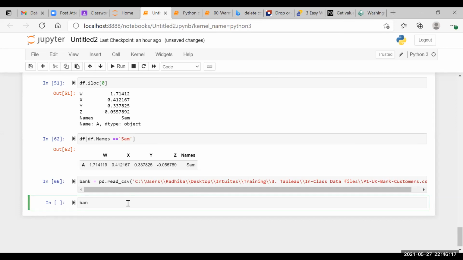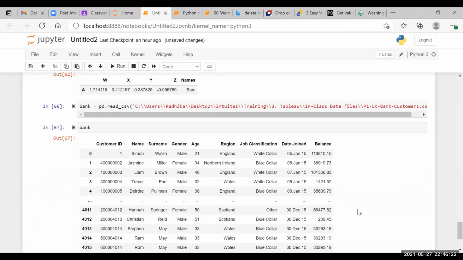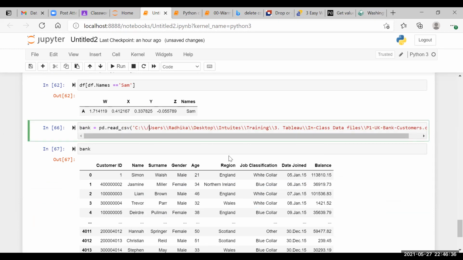So basically, sometimes this happens. There are two ways: either you put two backslashes, or you put one single forward slash. If you get this error, you just have to use that. So you can write two backslashes, or you can write one forward slash everywhere. Or you can write the path the way you had written it previously. I'm just telling you the ways. You can just copy and paste it one more time.